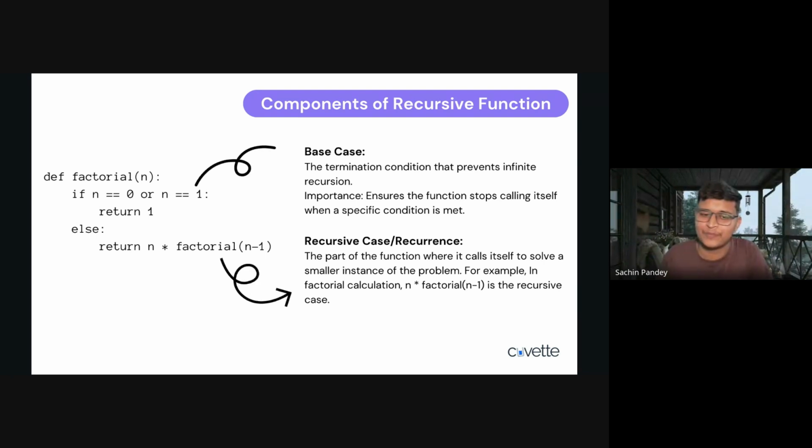Simple. Now the recurrence: n into factorial of n minus 1. How do we decide that for any question? What you should do is, if you have got any function, in this case factorial of n,